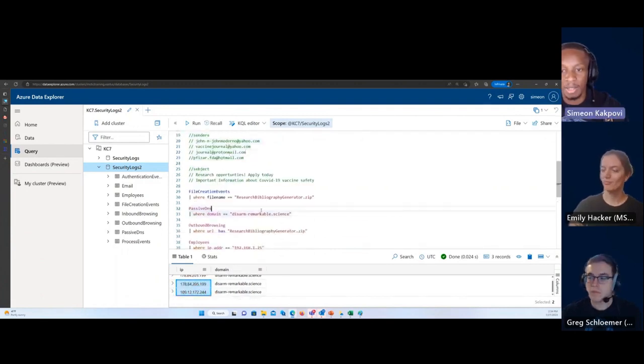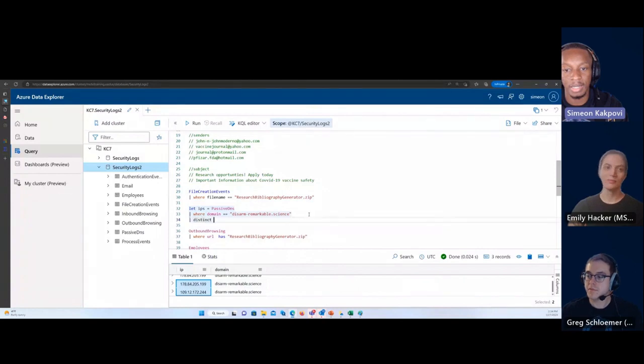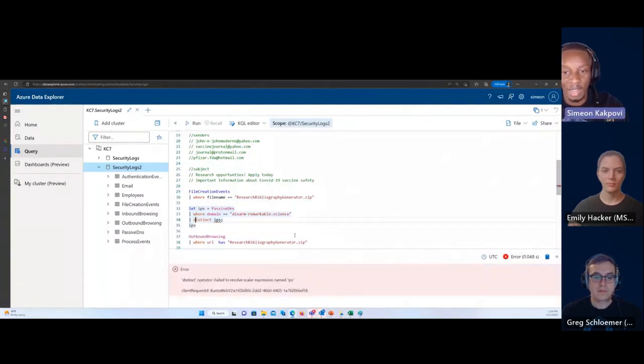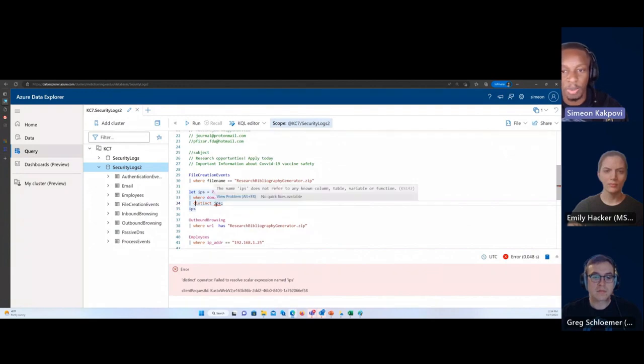I'm going to use a let statement on distinct the IPs. We'll have a list of two IPs after I distinct. I'm going kind of fast here, and that's because we're trying to get to the end. But I'm just really illustrating what the process is for me as an analyst.